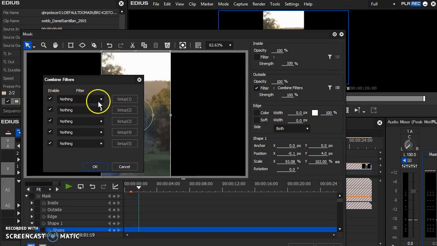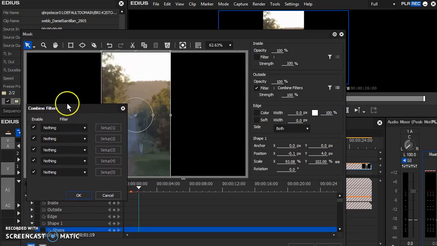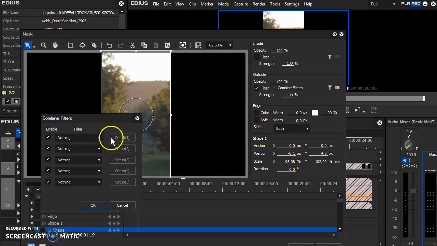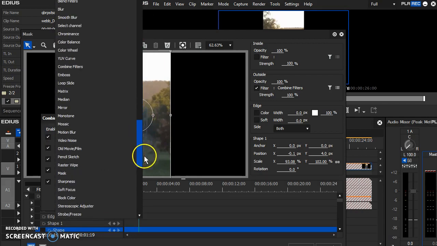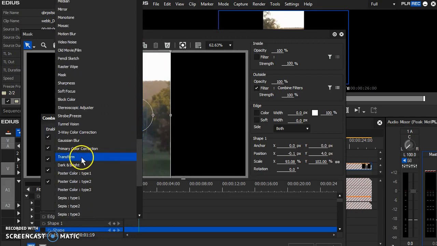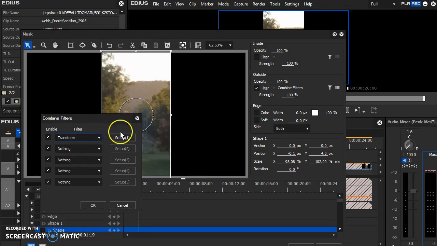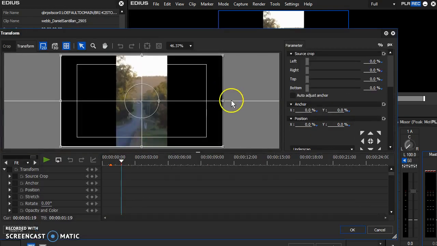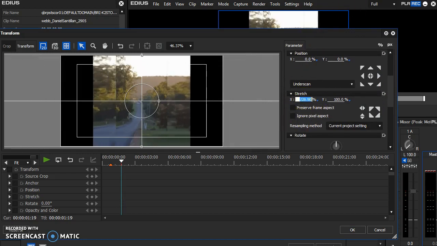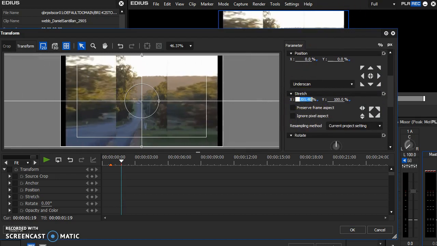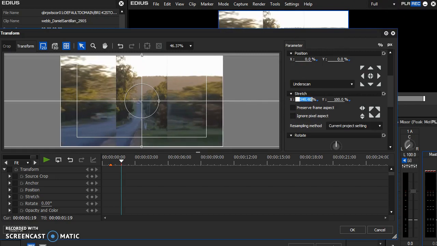Next thing we're going to do is add something in the background to expand this image. So we'll find, first of all, the transform effect and press its setup. And now we get this new dialog, and we want to change the image so it stretches and fills the background. Turn off preserve aspect, increase its width, and you can see what's happening now. It's taking our image and stretching it to fill all of the screen. And I might just zoom it up a little bit as well